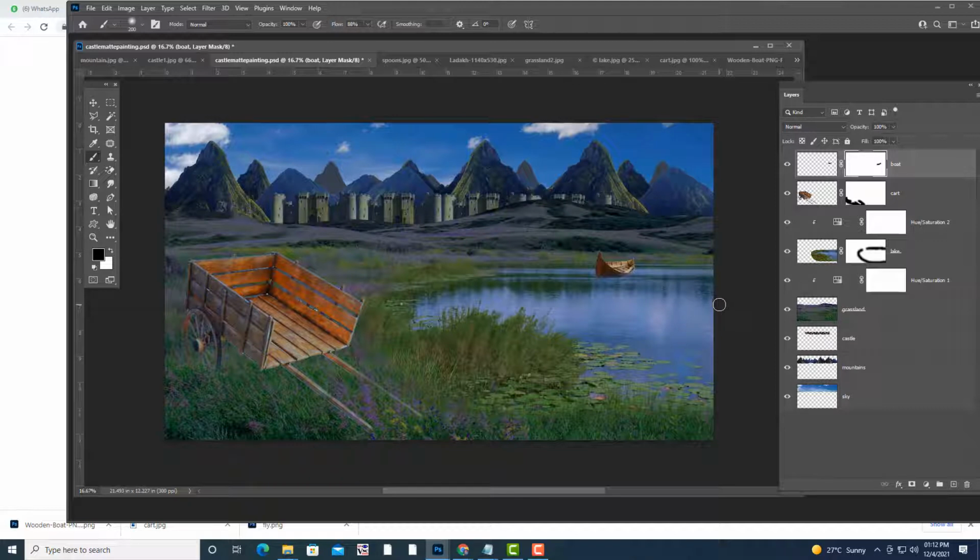Okay, so something like it is submerged in the water. Right. Submerged.